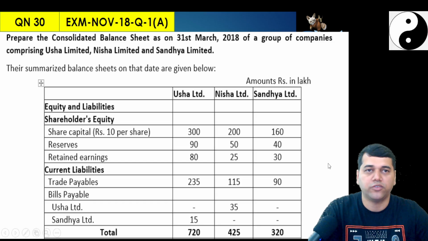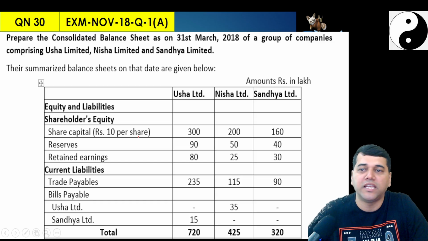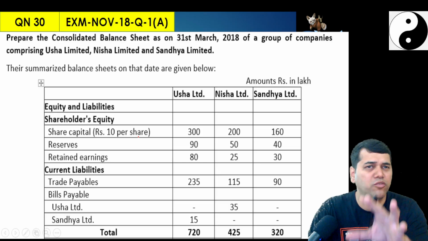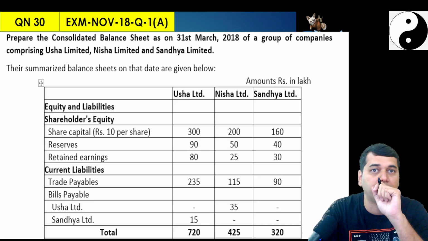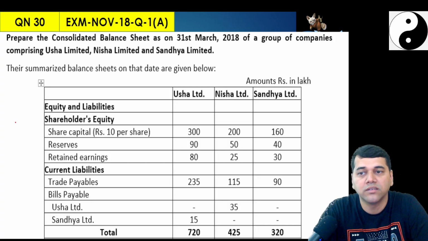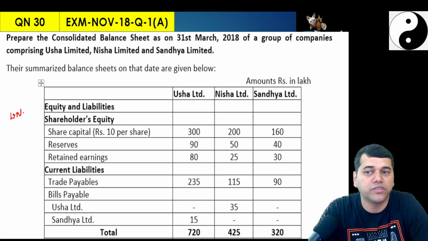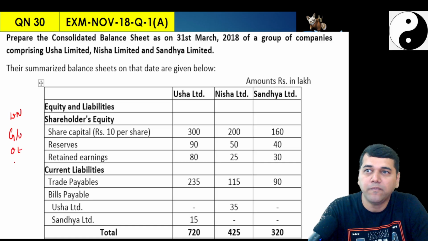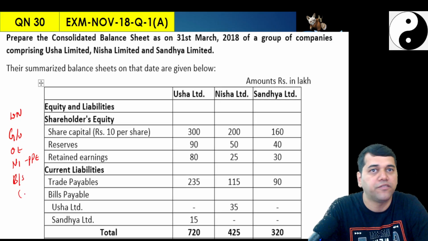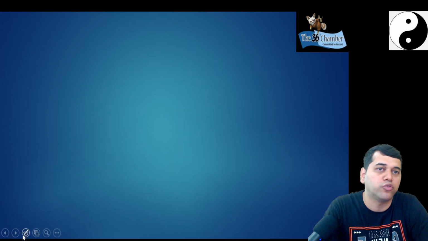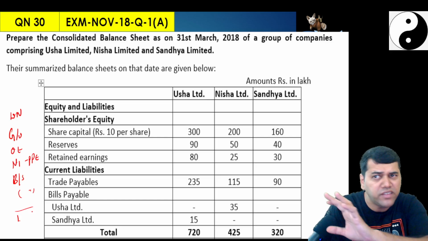Now, what did they ask you? They asked you to prepare the consolidated balance sheet of the group of companies. By now we have already fairly established one format. We start with the working notes to calculate fair value of net assets. We will calculate the goodwill, other equities. If PPE, building, land and all, they will give note number 1 PPE because I cannot give separately. Straight away balance sheet, in the face I will write in the bracket, in pencil. Then balance sheet tally, then notes to accounts. This is what we will do in every single question of consolidation.